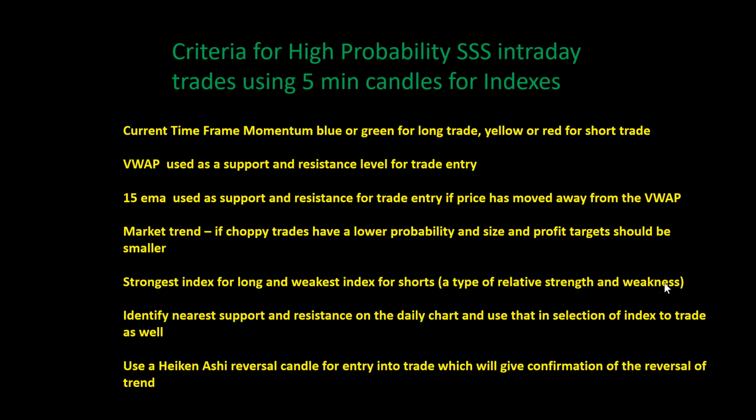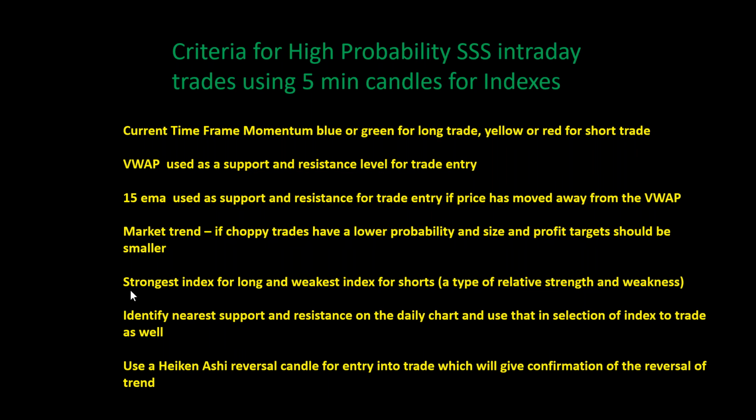Okay, because this is the type of relative strength and relative weakness. They're relative to each other. So if you take the Qs long because it's the strongest, that would be the one you'd want to take. Now, the other criteria that's important, however, is when you're looking at the Qs, the SPY, and the IWM, and